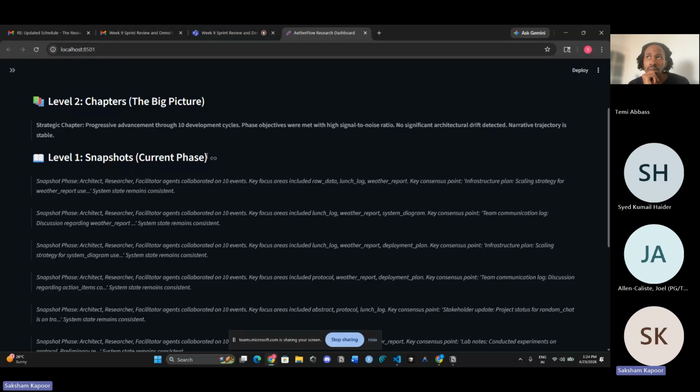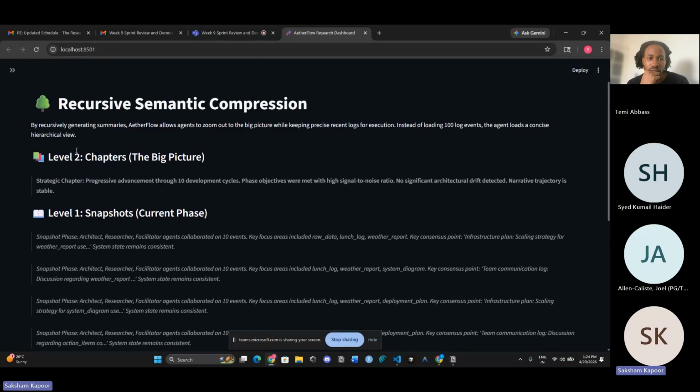We actually compress all of the memories of, let's say, one conversation or meeting with a person into one summary and one comprehensive phase, which makes it easier for us to relate all those things together and make it more coherent. So right now I have the L1 snapshot here from 10 different events, and then here's the L2,